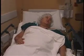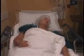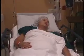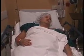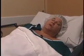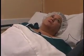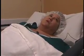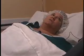I've had pain off and on for over 20 years. The doctor at that time asked if I wanted to have surgery done on my neck because it was so bad at that point, and I said, no, I'm not going to do surgery. And I'd like to be able to get back to doing a lot of yard work. I'm part of a disaster team, so when we have hurricanes or tornadoes or anything like that, we take our chainsaw trailer out, and I want to be able to do that again without having a lot of pain and